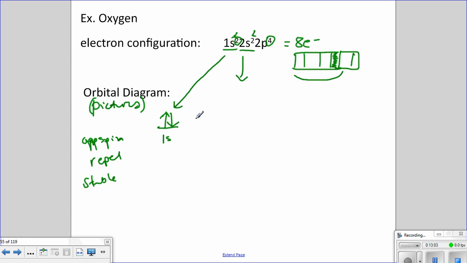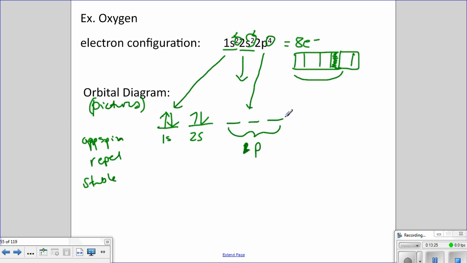The 2s is the next one we're going to do. So we put a line, we put 2s, and there's 2 electrons in this orbital according to the electron configuration. Then we have the 2p. Now 2p has the ability to form 1, 2, 3 orbitals. So I put a line here, 3 lines here, and then I'm going to put 2p down here to represent